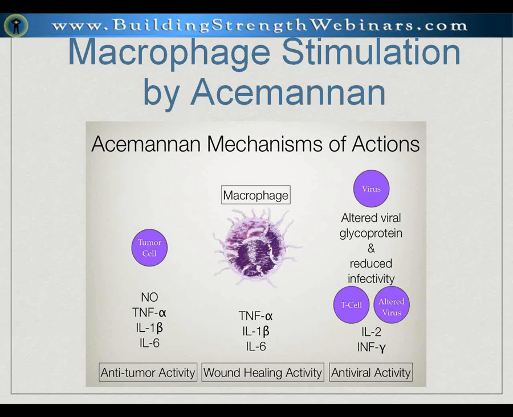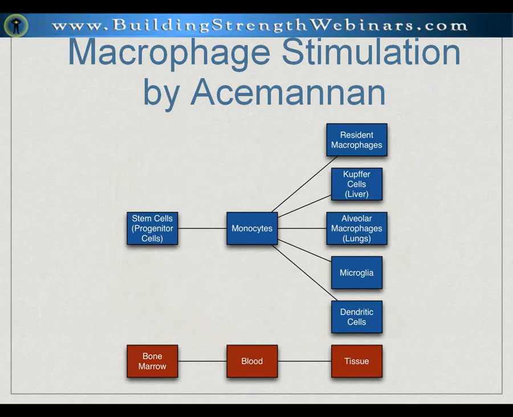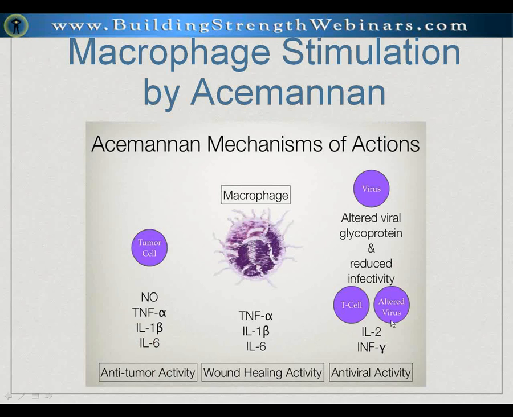So when you have asmanid come in, either as a polysaccharide form or when it's actually found on the surface of tumor cells, the mannose receptor and the mannose binding lectin are activated within the macrophage to produce nitric oxide, tumor necrosis factor alpha, interleukin-1 beta, and interleukin-6. And that creates an anti-tumor, anti-cancer activity.